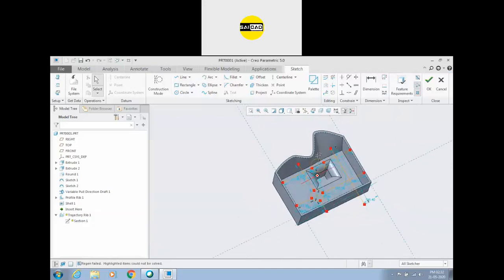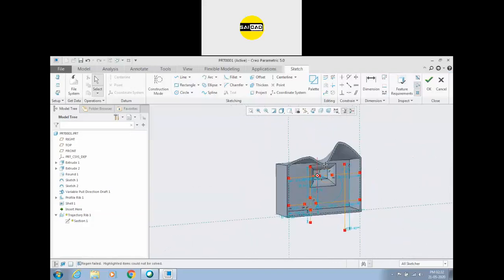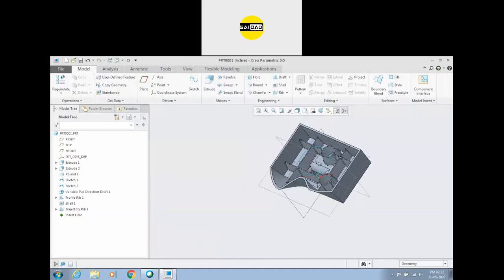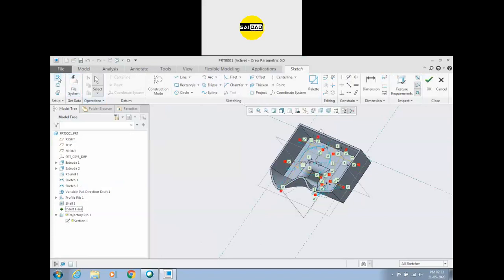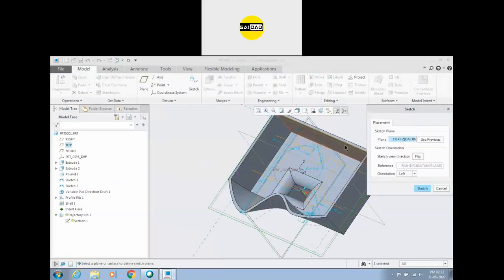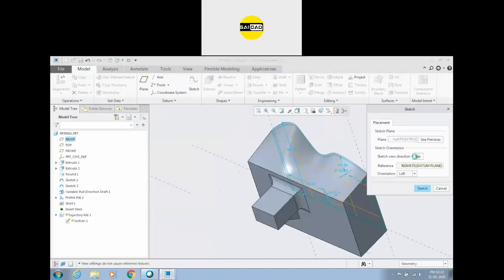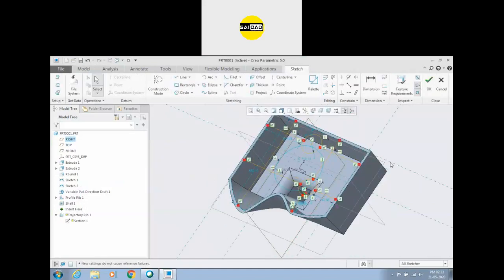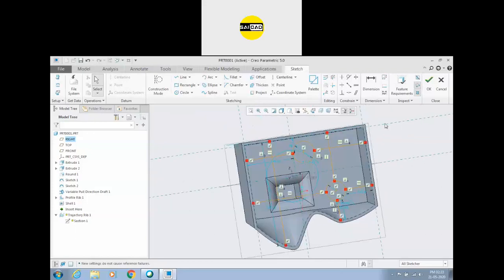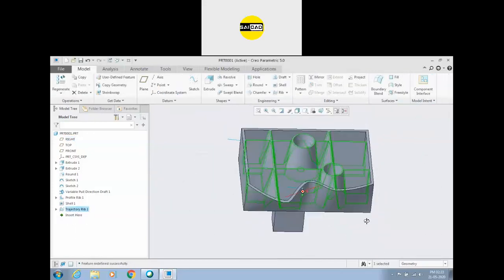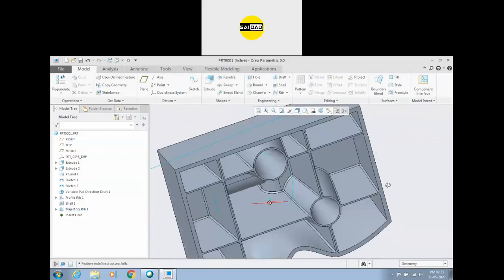It will find everything, but if you find some error, right now we are having some errors, so I'm just going to go back to change, go to the edit, go to the sketch setup. If I select this one, you can see it will move to the other side. Just click the flip option here and click sketch, and that way we can also create it. Click OK, and the rib will be created from the top now.